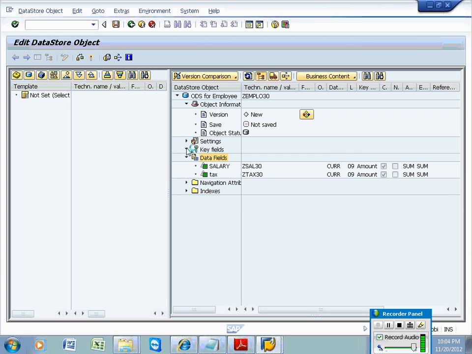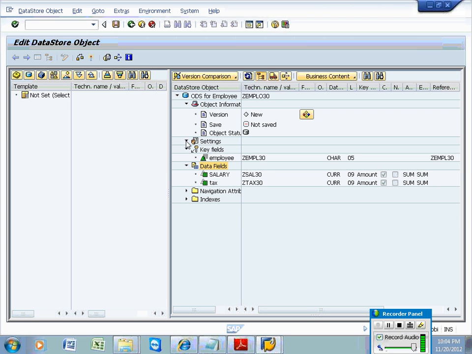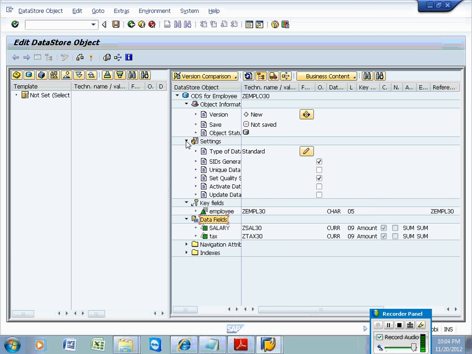Now we have the data fields and key field. Now look at the settings. You can have SID generation, and in the same place you can see reporting. If you want to have reports, then you need to generate the SID. If you don't want, you can uncheck it, and reporting will be disabled too.